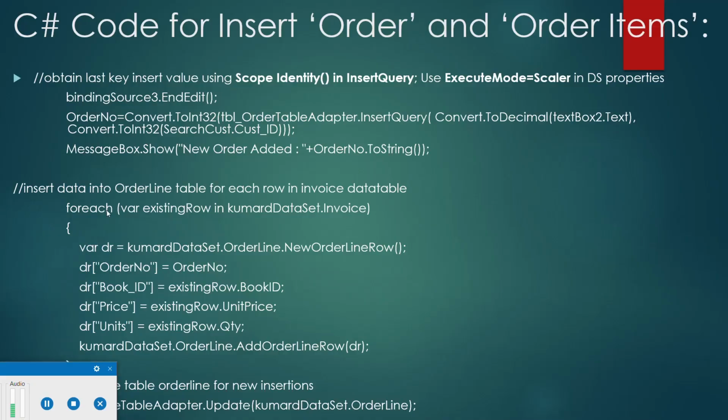So you can use a for loop where you would say for i equals 0, the initial value initializer, and then we run this for loop while i is less than invoice.rows.count, and then you increment i++ like a regular for loop. But in this case, you're going to run it for the number of rows that you have in the invoice table. If I want to show you that piece of code,